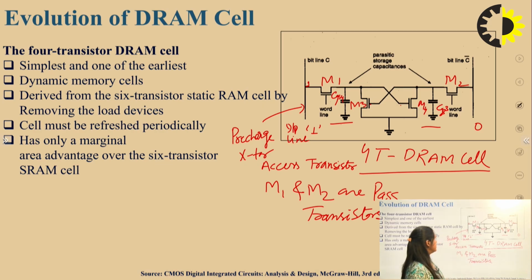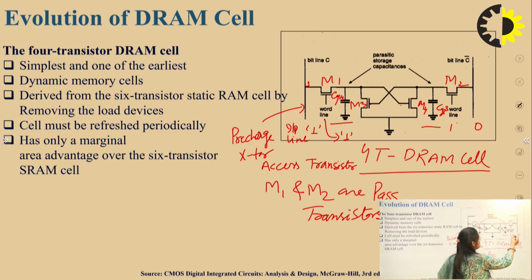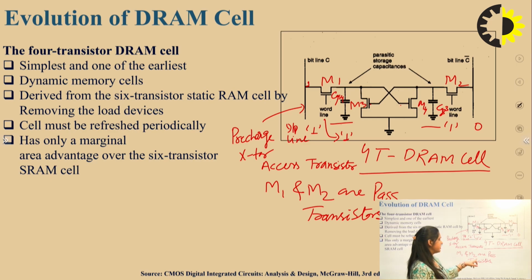So at the input of this pass transistor, the 1 appears. If we want to write something, then it is compulsory to make the word line 1. So by using the transistor again, we have to make this word line logic 1. If this word line is at logic 1, then the M1 and M2 pass transistors will be on, because